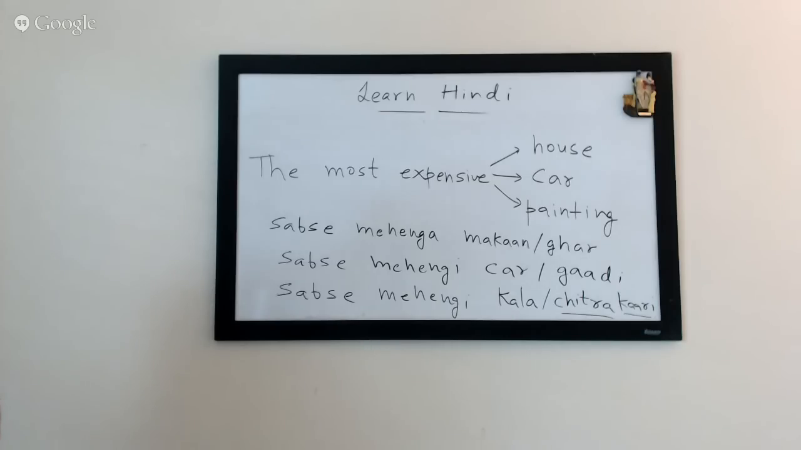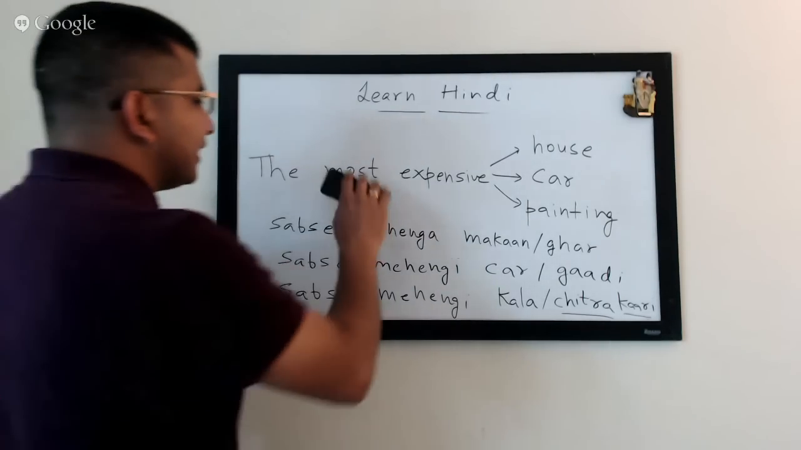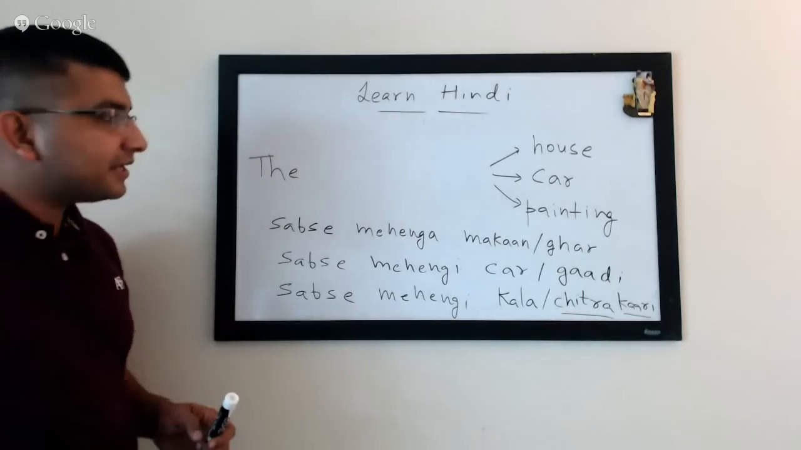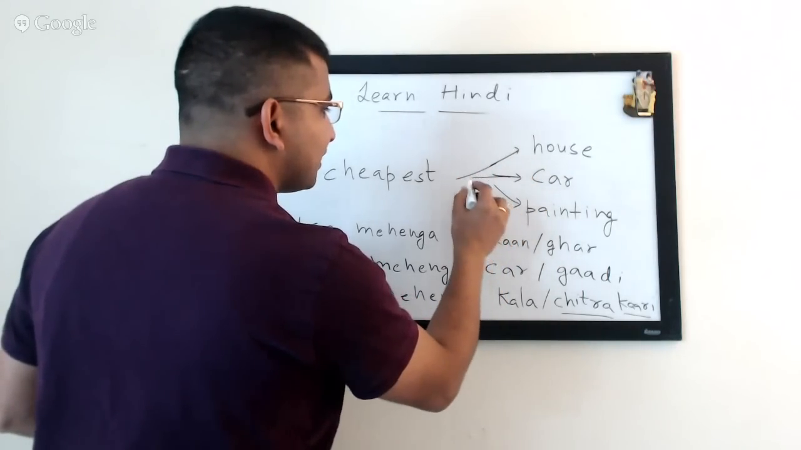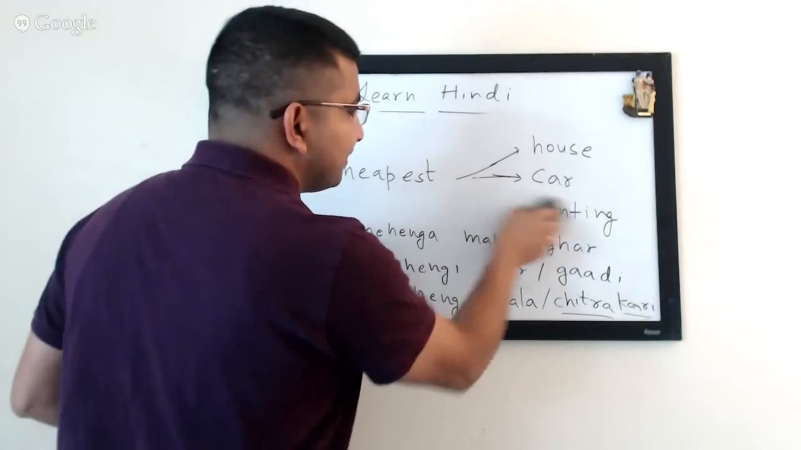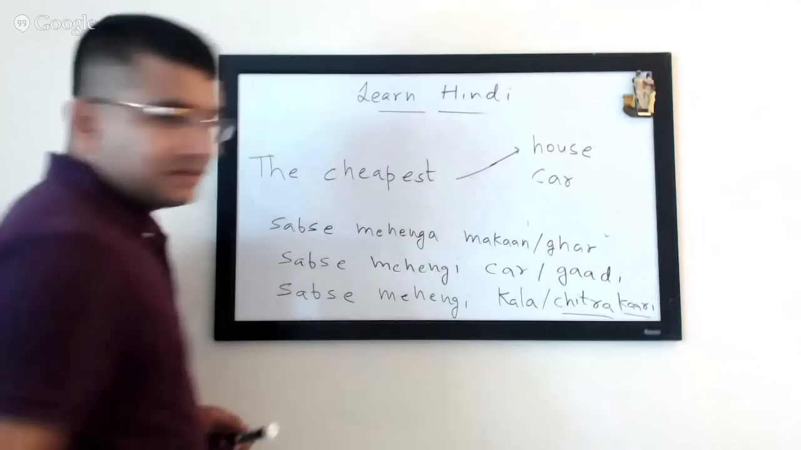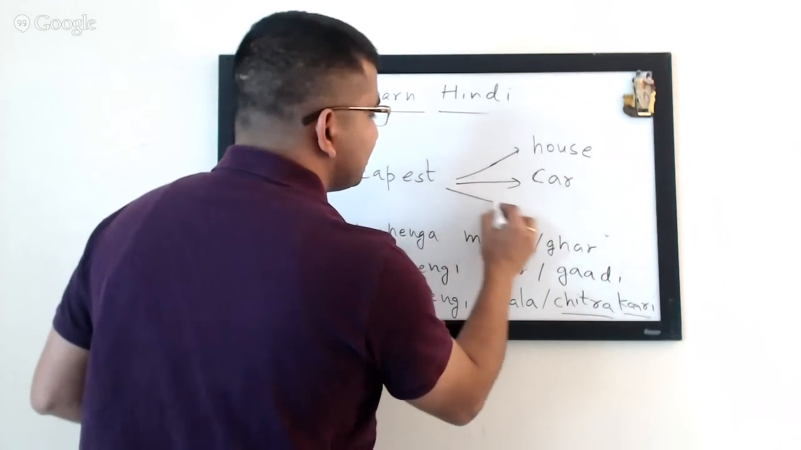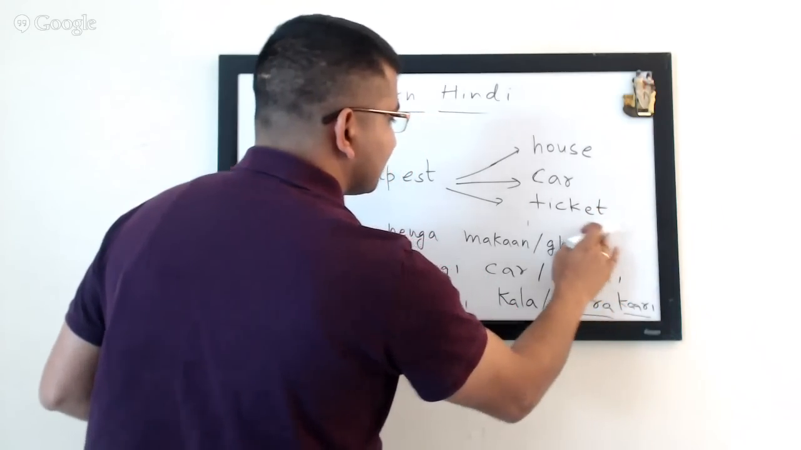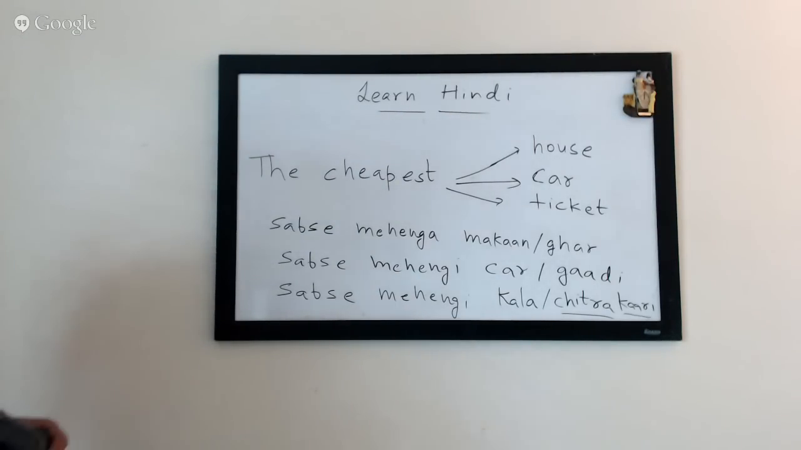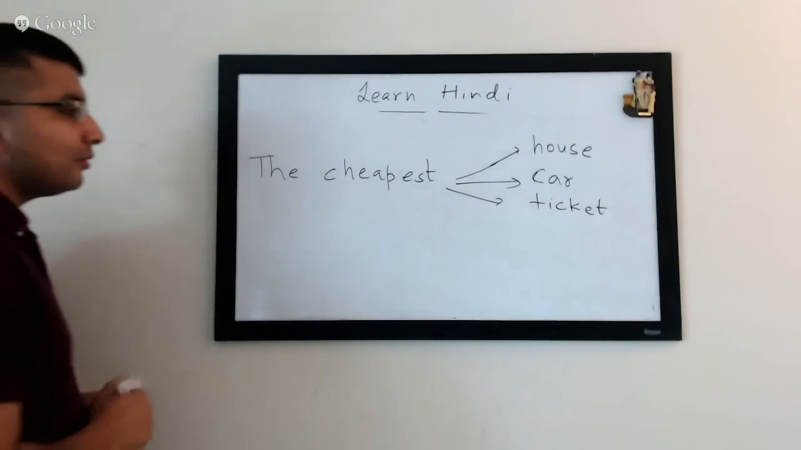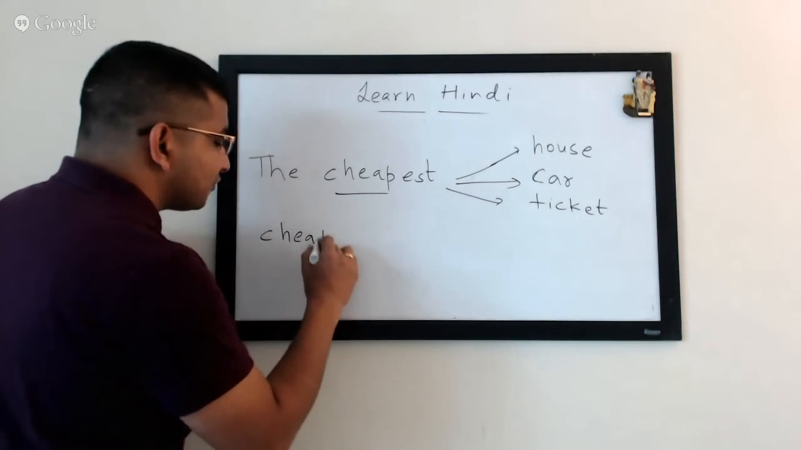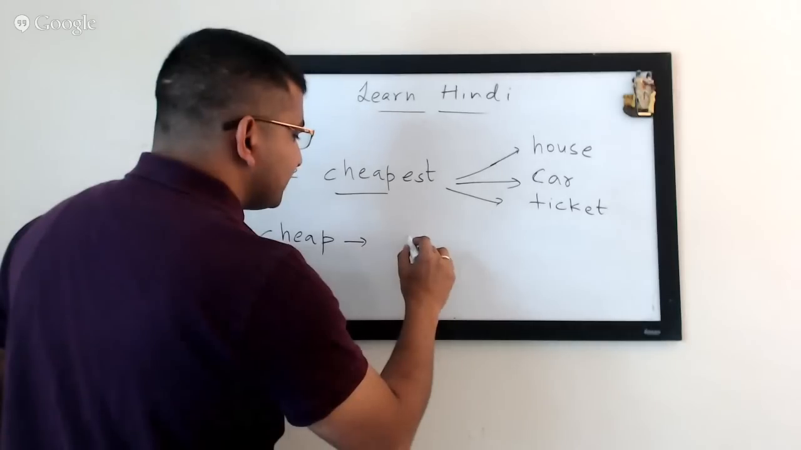All right. So let's maintain our momentum here. Now I'm going to take the next adjective, and it will be cheap. We did the expensive. Now we want to say the cheapest house, cheapest car, and the cheapest painting. Paintings are usually expensive, so I'm going to replace it with something else. You'll say the cheapest ticket, let's say. Here we're referring to cheap in terms of price, opposite to expensive. So when you say cheap, it's sasta,